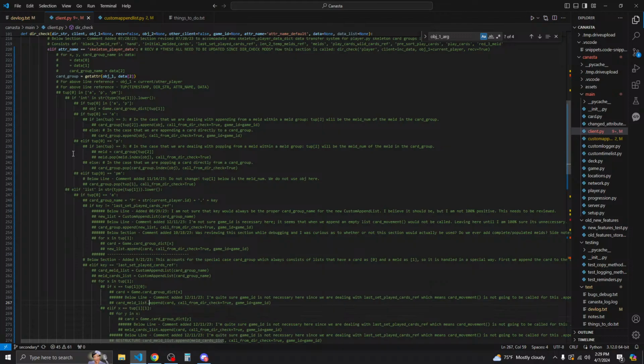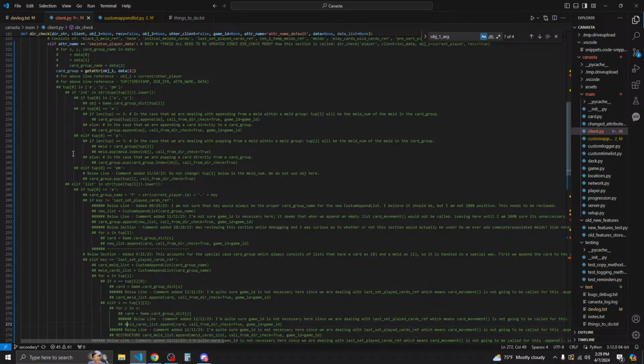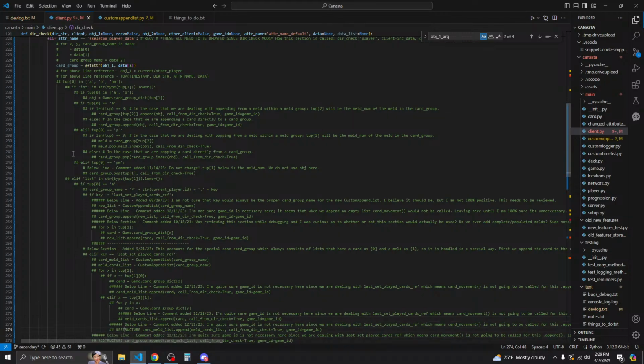So if it's the first entry of tuple 1, we append the card to the card meld list, and then if it's the second object in tuple 1, which is a list, we iterate through the list and append each card to the meld cards list, and then we say card meld list append the meld card list.